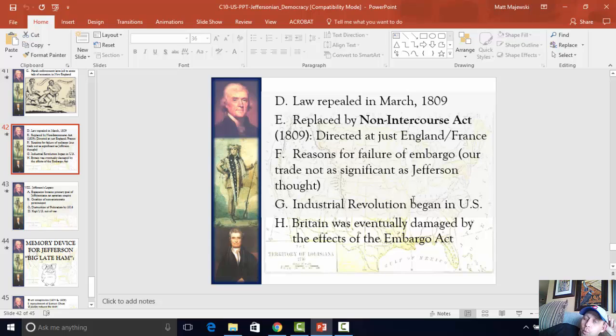And so a lot of folks believe the one silver lining of the Embargo Act is that the Industrial Revolution starts in the United States during this period because of this lack of products from other countries that we depended on. So I guess that's the one positive, the one silver lining: hey, we do start to see industrialization start in this country because Americans still wanted these goods, even if they could no longer get them overseas. Now, hey, Britain eventually is damaged by the effects of the Embargo Act as well. It just took the effect on us much more significantly, much more quickly,